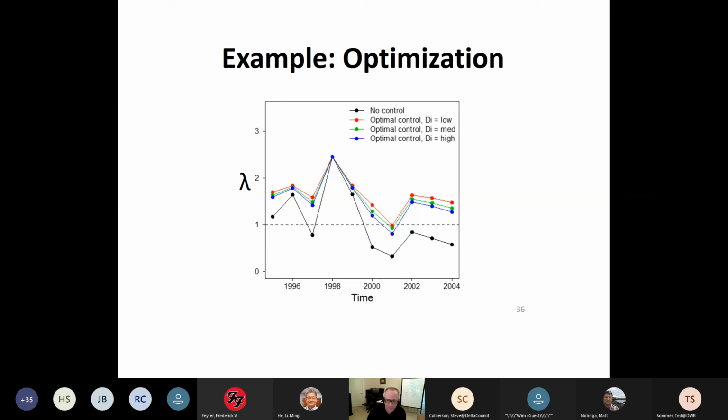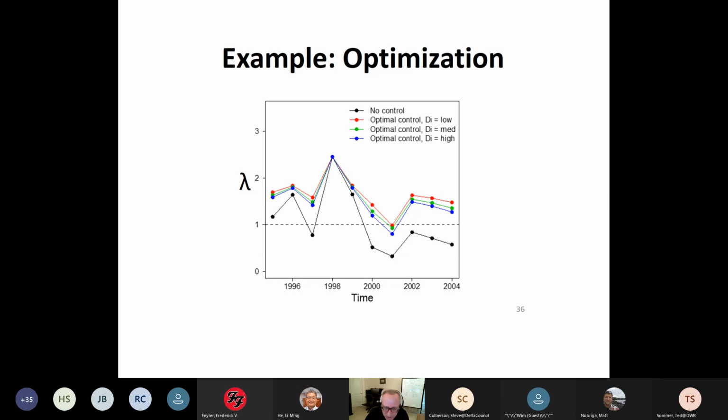Finally, we took this model and did an optimization on it. What do I mean by that? Well, we said when they want to recover this population, cost is an issue, and most bang for your buck, right? So we put it into an optimization, I guess you can call it a decision support tool. That seems to be a common thing. And we said, what do you have to change in the matrix model each year to get lambda above 1?